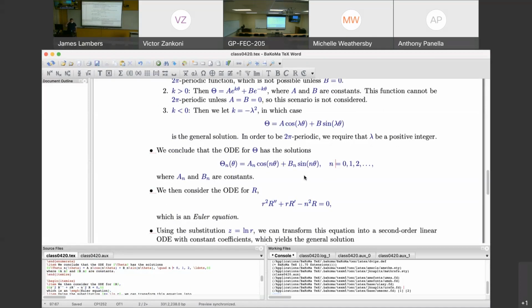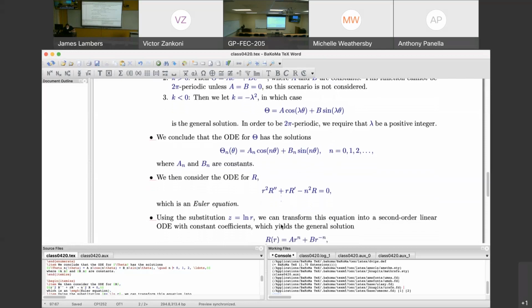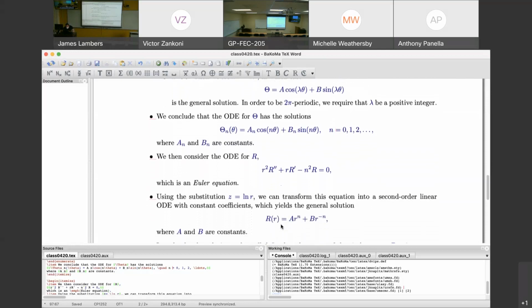There's a well-known ODE called the Euler equation. Now, to solve this,